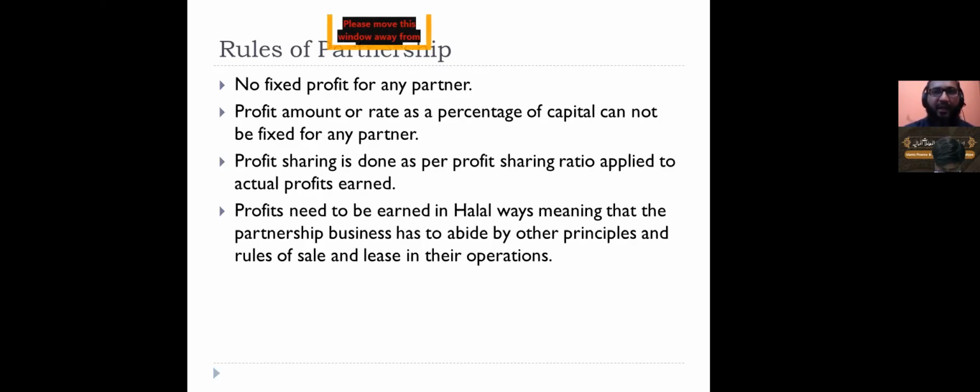And when we engage in the economic relationship of sourcing funds through partnership, that partnership would engage in further economic exchanges like producing goods and services and then selling them, or producing goods and services and then leasing them. So it has to be ensured that the profits the partnership earns are earned in halal ways, meaning that the partnership business has to abide by all the principles that we have studied in Fiqhul Malia, which includes the rules of sale, the rules of lease, and prohibition of other elements like gharar and maisar. All of these things have to be avoided. The don'ts have to be avoided, and what has to be included for the profits to be considered legitimate in